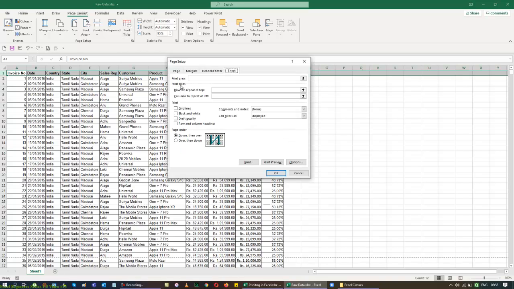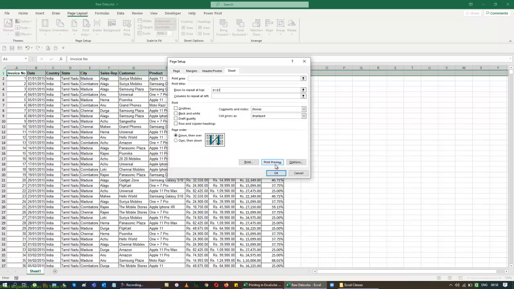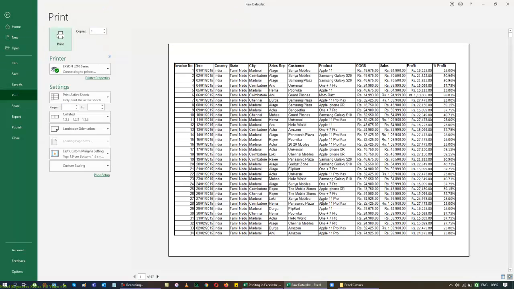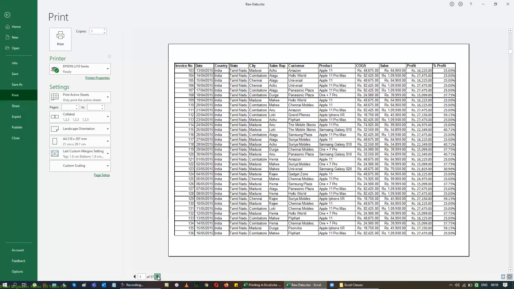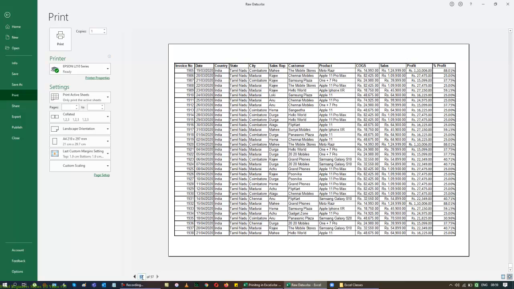Then in the Print Titles page setup screen, I'll come down to my sheet, Rows to repeat at top, and I'm going to click this, and then select the first line. So this allows me to add this first line to every page. Now when I go to my preview and scroll down through the pages, you can see that the next pages all have the header coming up, and it goes until the last page. And you can see that it's giving you all the pages that we are looking for.